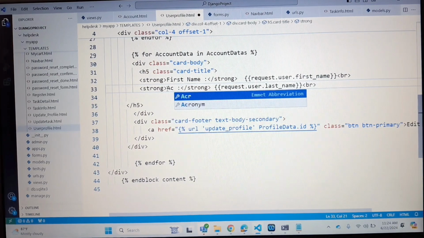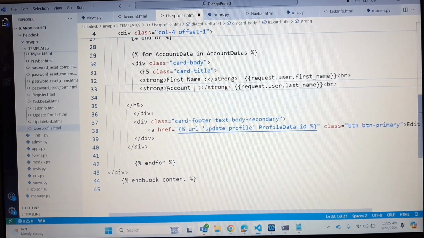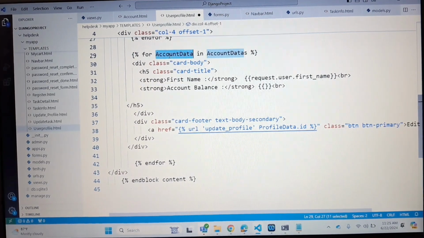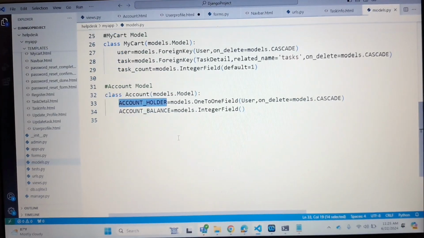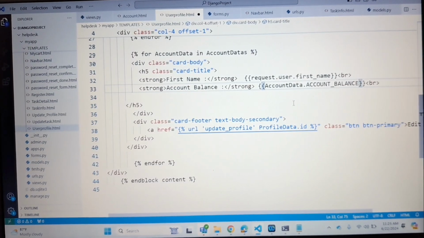Account balance, control S, and here you have to map that particular field. So let me remove these things, and what I want is, from each account, simply paste this one dot that particular field. So for example, if you don't know the field name, simply come here, copy this one, then come here and paste here. Okay,